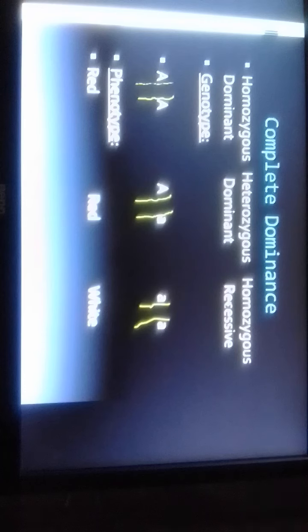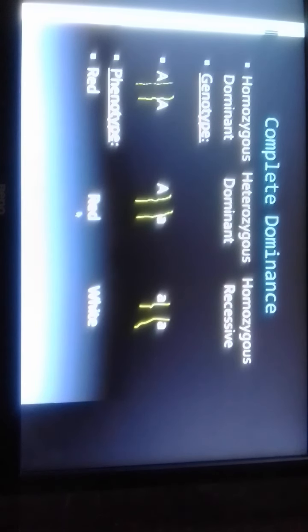And when they are in homozygous recessive condition, the dominant trait is not expressed, resulting in white color. And when the alleles happen to be in heterozygous condition, that is, one is a dominant form, the other is recessive form, occupying the same corresponding locus at the homologous chromosome, there the phenotypic expression will be similar to that of homozygous dominant,